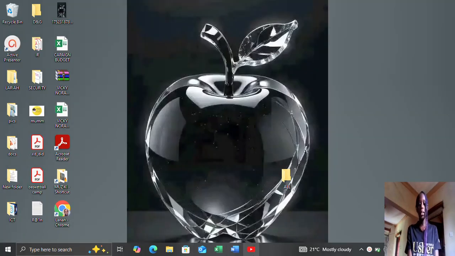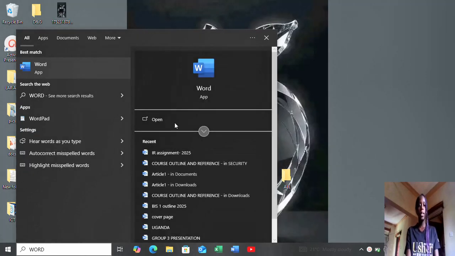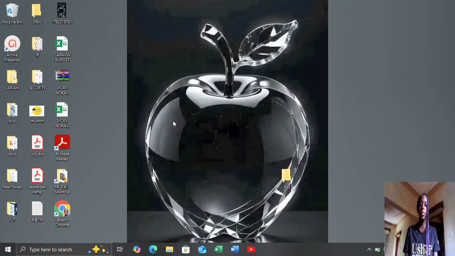So in some cases, you'd find the Microsoft Word Office located at the taskbar. This bottom part is called the taskbar. But in case you don't have yours at the taskbar, don't worry, don't feel shaken. You can just scroll onto the search bar. This is what we call the search bar, and type Word. As you can see, the Word app just pops up. So as we wait for the